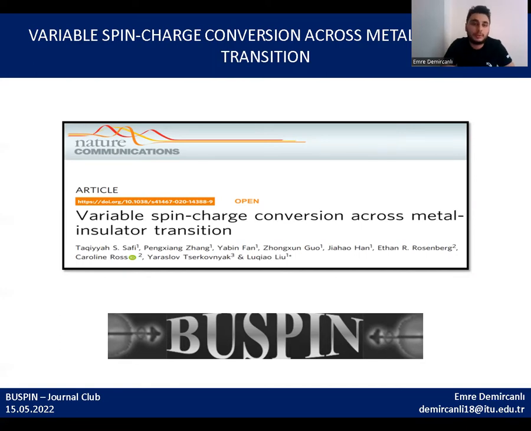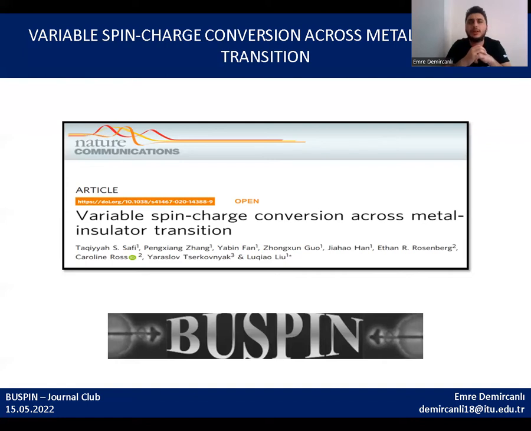Before getting into this paper, I want to give a simple introduction about spin charge conversion and its efficiency. The functionality of spintronic systems is determined by three basic processes. These are spin injection, spin manipulation, and spin detection. For this reason, people who want to produce devices with low energy cost by increasing the efficiency of spintronic devices have been trying to provide pure spin currents without any transfer of charge current, since spin injection performed by Johnson